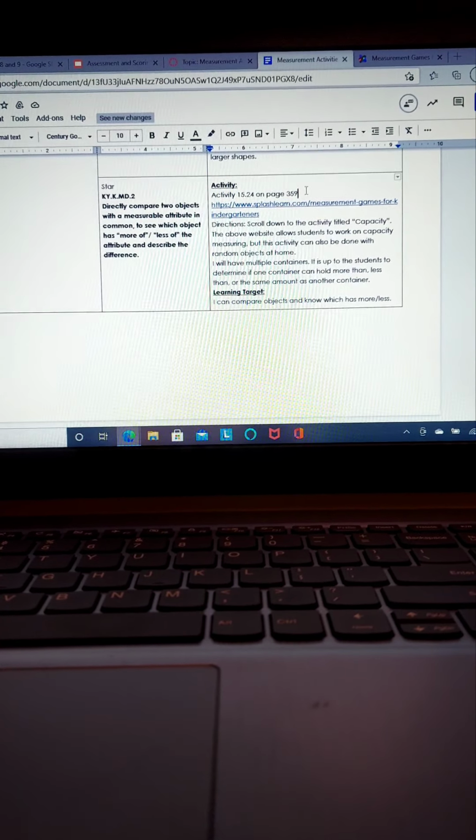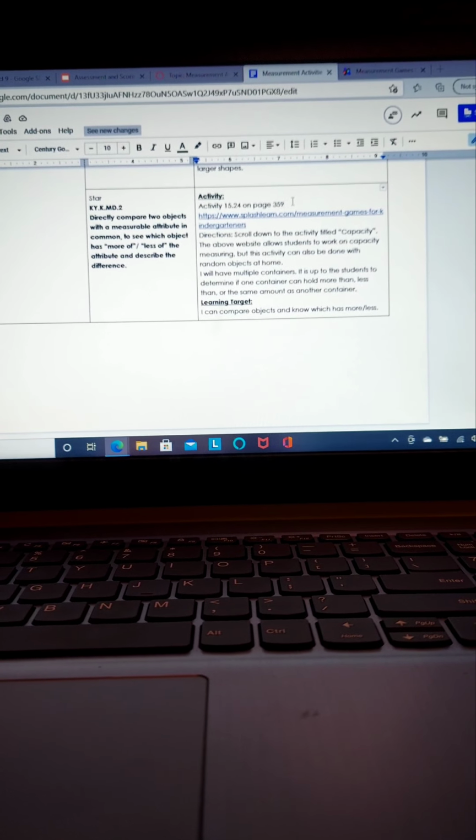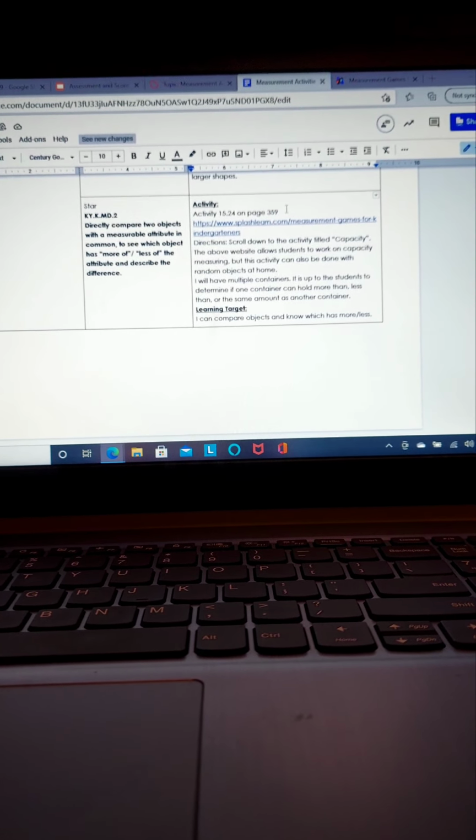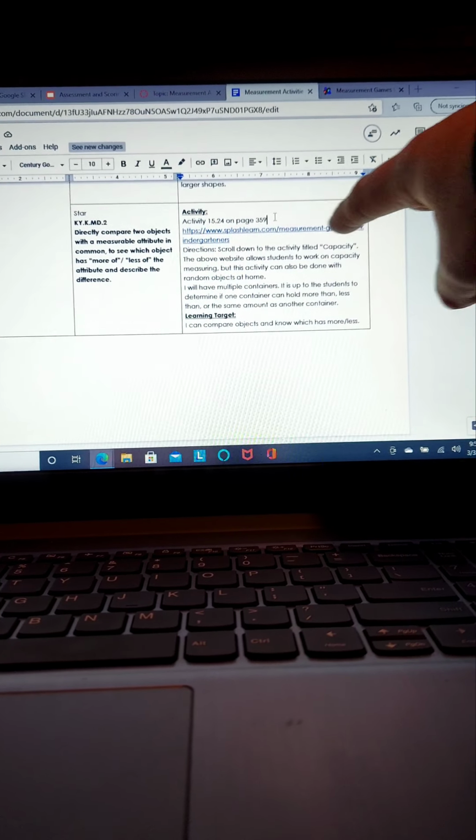Hey y'all, so today I'll be telling you about my measurement activity that I chose for our assignment. The one that I chose can be found on page 359 of our textbook. It was activity 15.24. Down here you can see where I have the website so you can get to it,